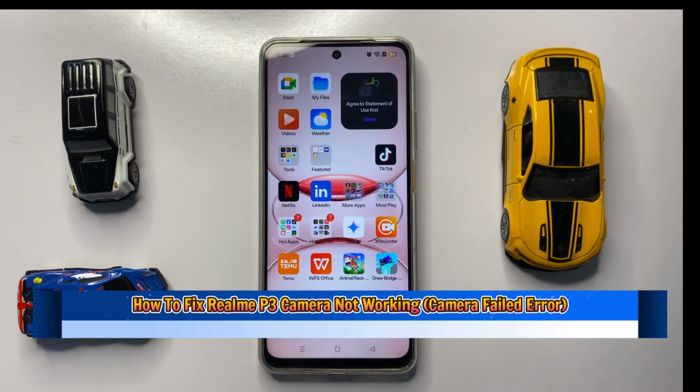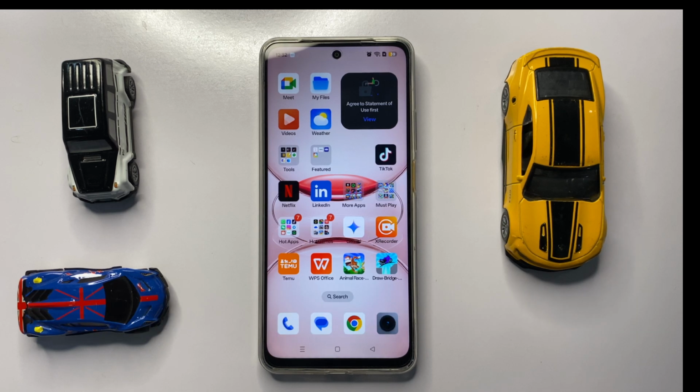How to fix camera not working in Realme P3. So let's start the video. First of all,